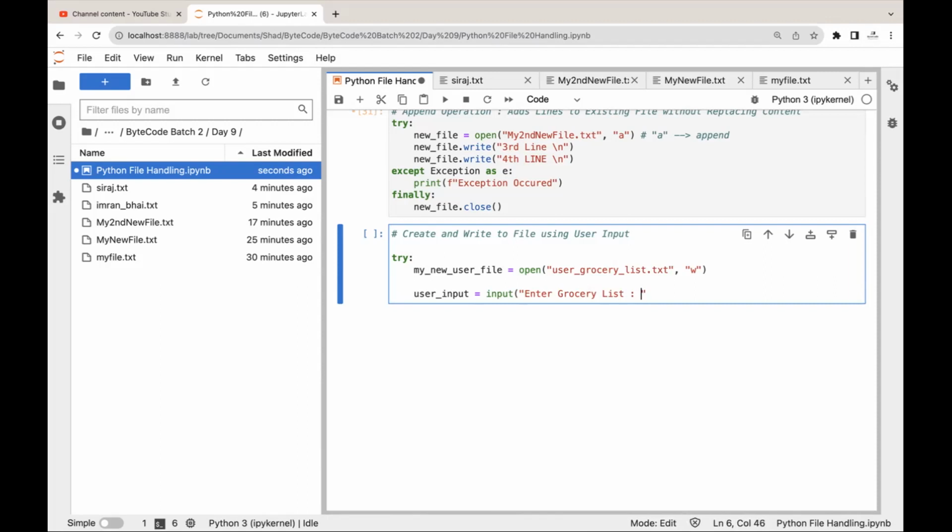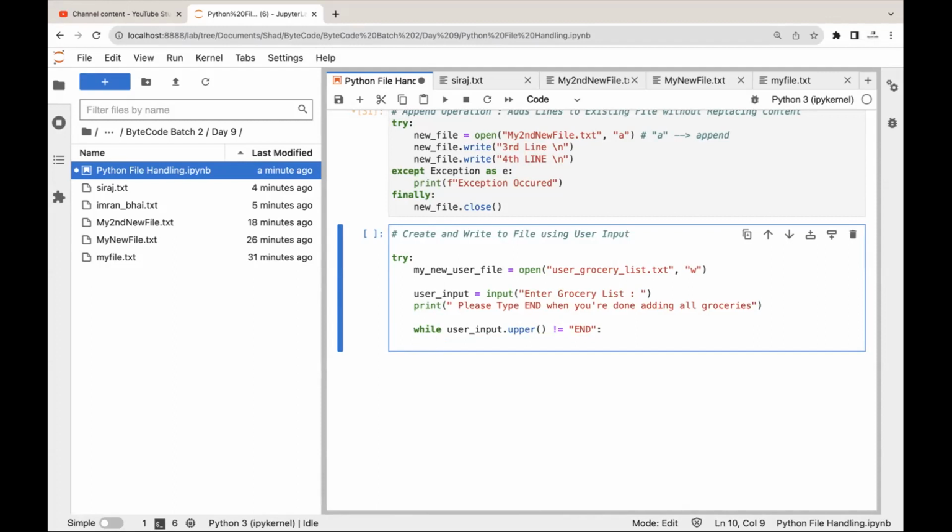And also I will print please type end when you are done adding all groceries. Okay. Now here I will say while user input dot upper is not equal to end,